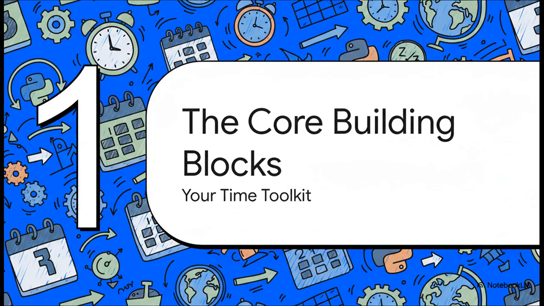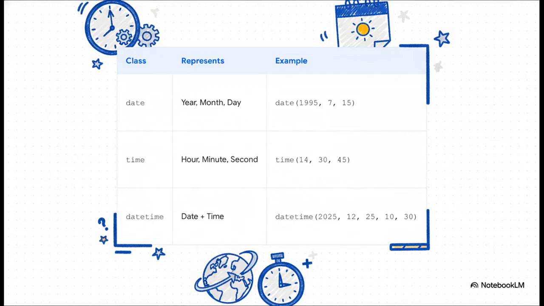Okay, so let's start with the basics. Think of the datetime module as your time toolkit, and inside that kit, there are a few core building blocks you absolutely need to know. So, the module gives you three main types of objects. First up, you've got date. Super simple. It's just the year, month, and day. Perfect for things like birthdays or holidays. Then you've got time, which is just the other half, the clock part. Hours, minutes, seconds. And finally, the one you're going to use most often, datetime, which, you guessed it, combines both